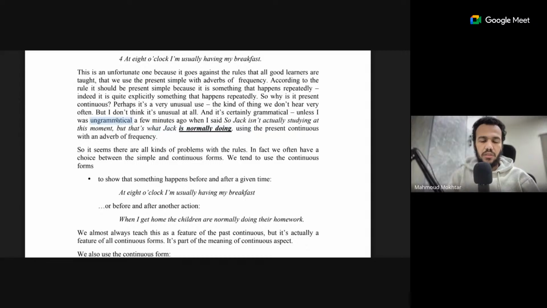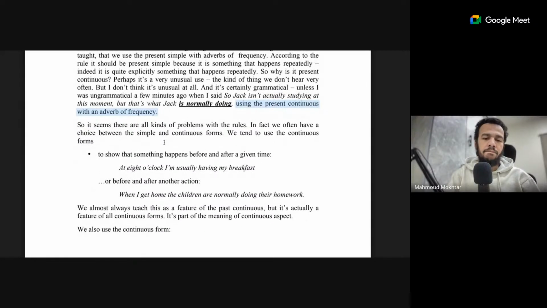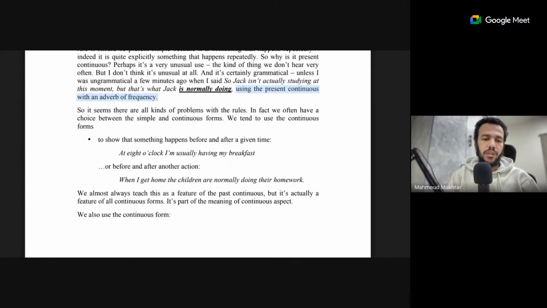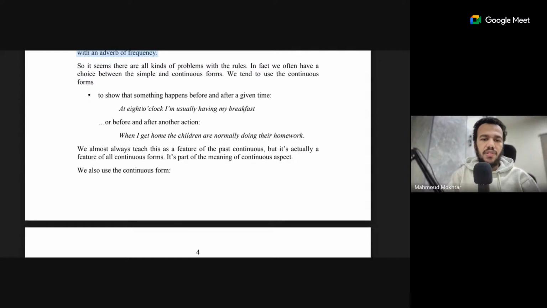Okay. So it seems there are a lot of problems with the rules. In fact, we often have a choice between the simple and the continuous forms. We tend to use the continuous forms to, well,